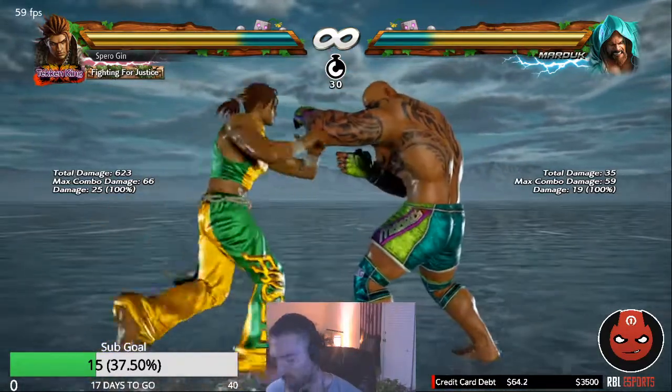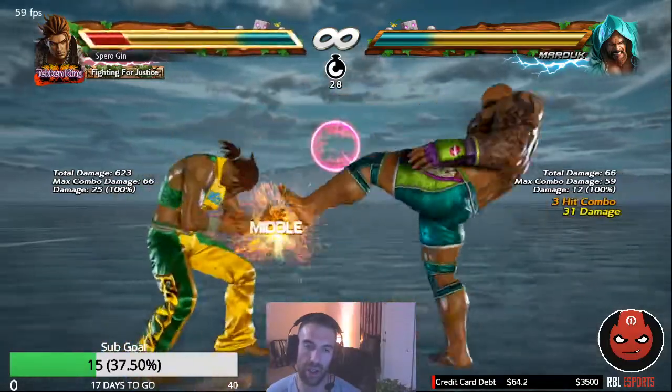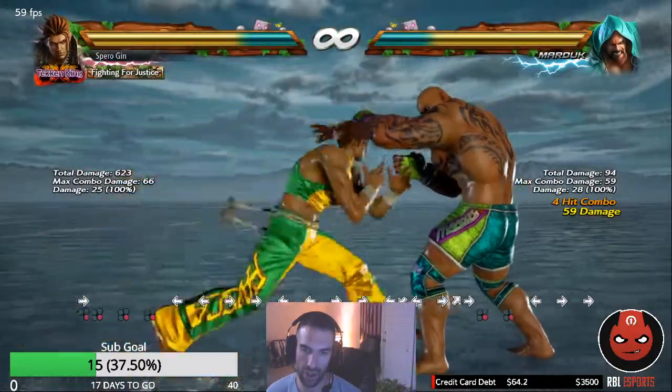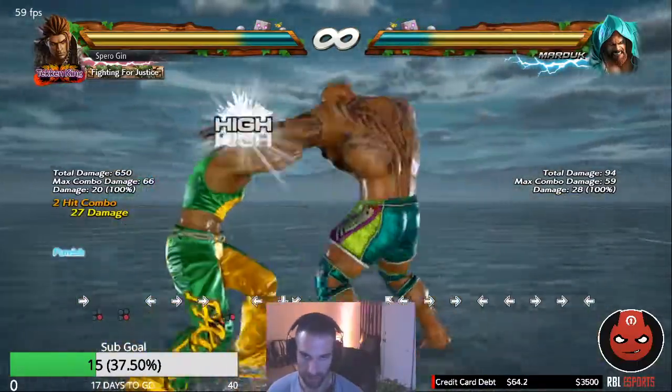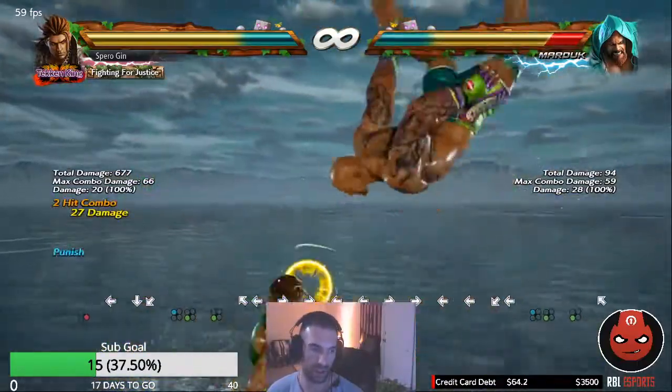So, first high string is gut check. It's an old-fashioned string. He has it in Tekken 4. Duck the last hit. That's usually used if they